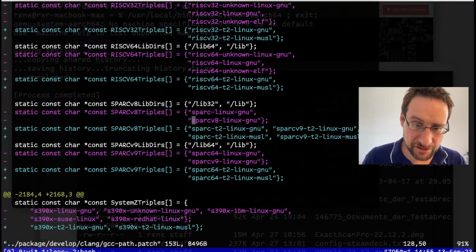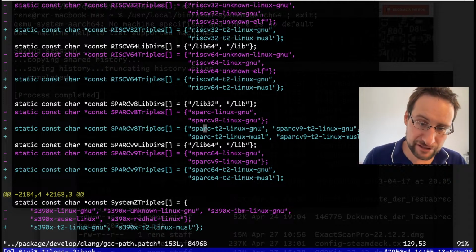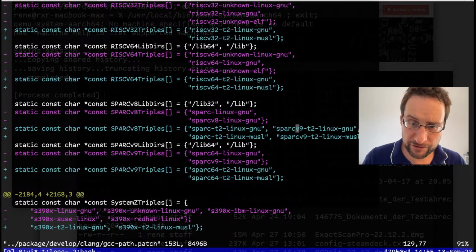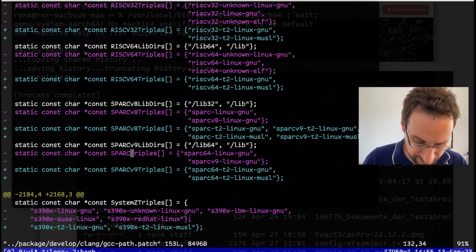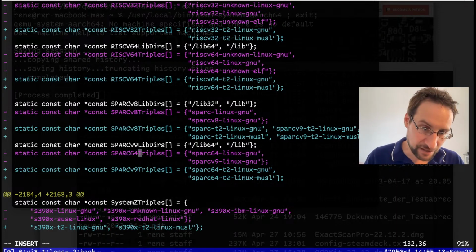So I patch here, so as you see in Clang, they had here SPARC, Linux GNU, and SPARC version 8, and I changed that to, theoretically we need to support SPARC version 8, which is not the highest priority of mine, so that list is even incomplete. And they had here only SPARC 64, so you see here again, right? In my opinion, this should be SPARC 64, right? So I'm a little bit torn of,